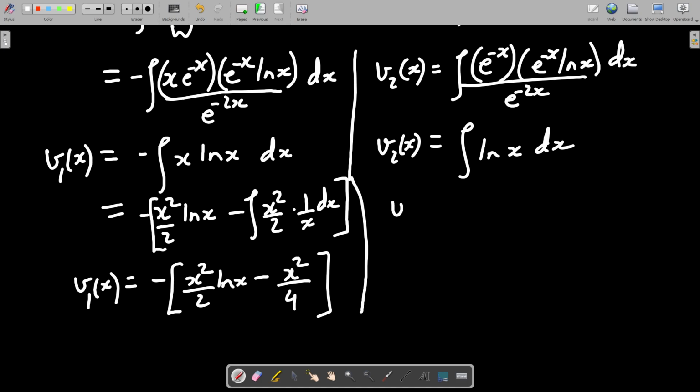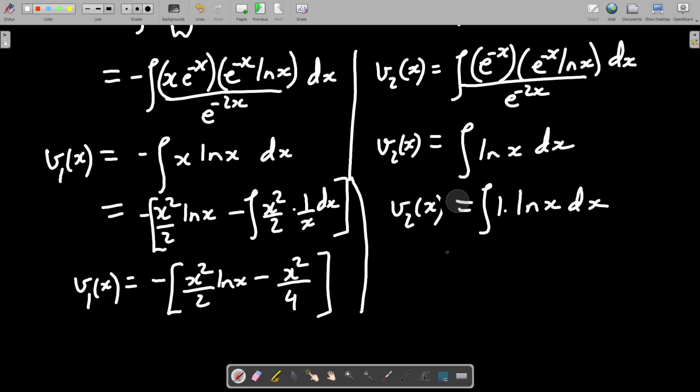How will we solve this one? Do you know any formula for log x, by the way? There is a formula, but that formula actually comes from the product rule only. It's not a formula which is given for by-hearting as such. So this I can look at as 1 into ln of x, right? So what is going to be the integral of 1? I'll treat this as the integrating function and this for differentiation.